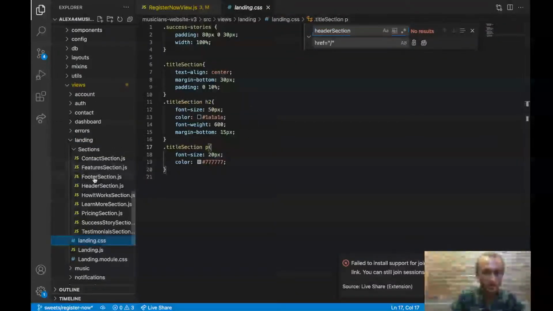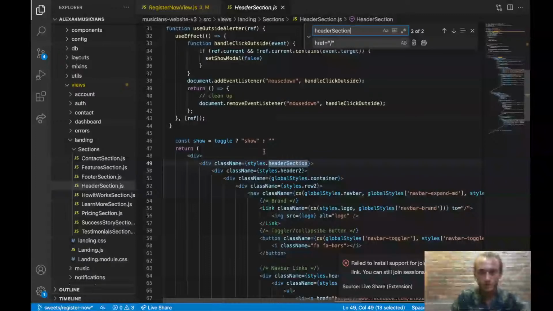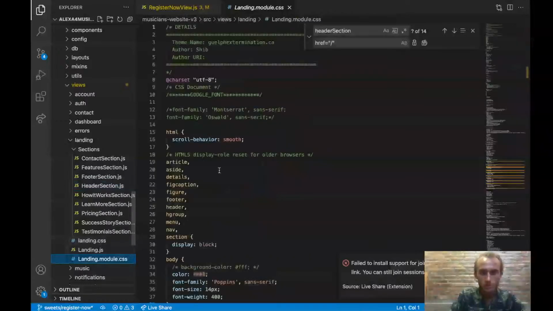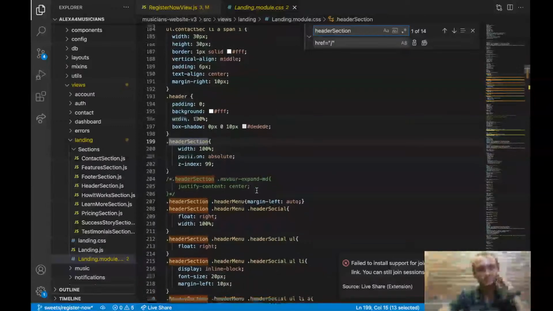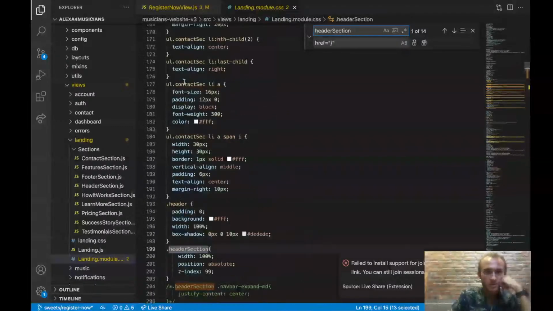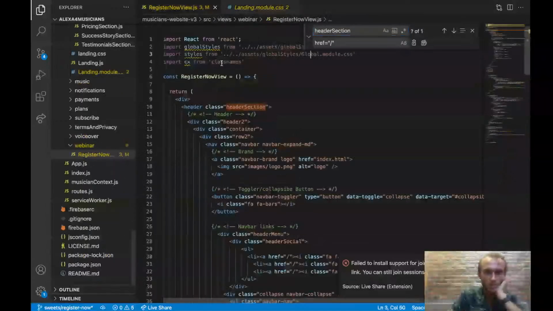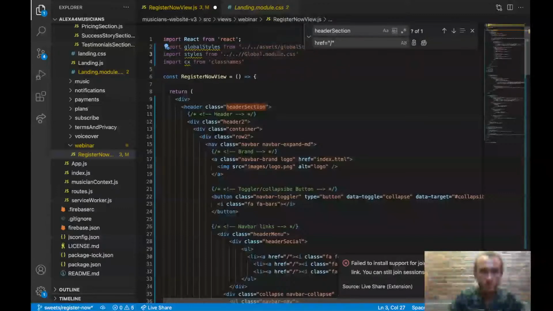And it's also not in there. Styles.header section. Okay, so here is the header section stuff. Should this just be inside of landing? I guess instead of importing styles from our global styles, let's import it from